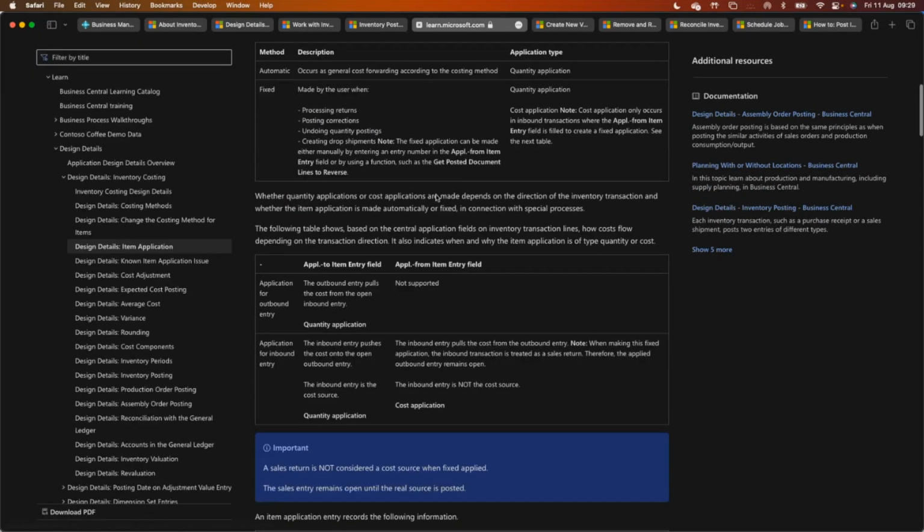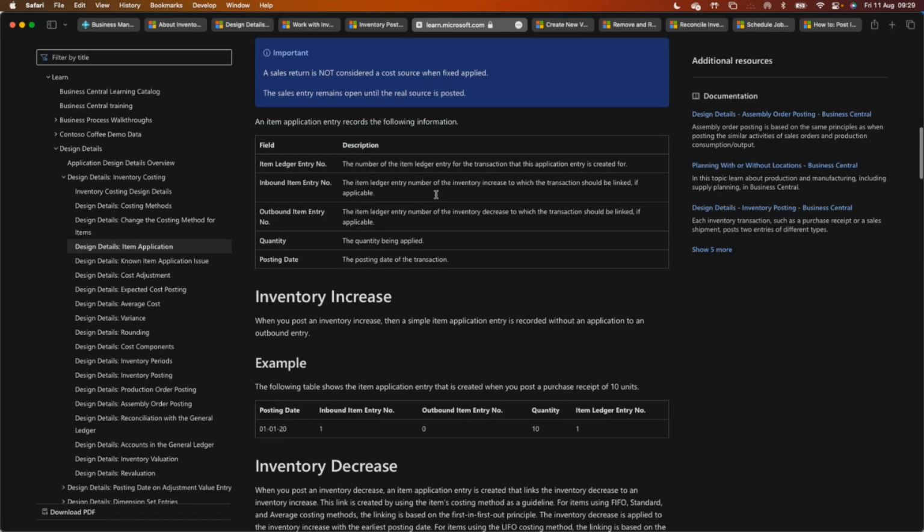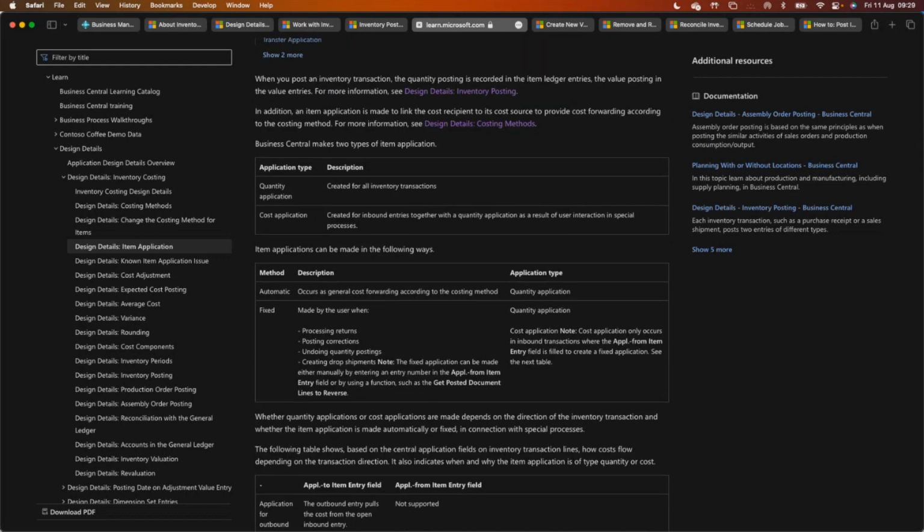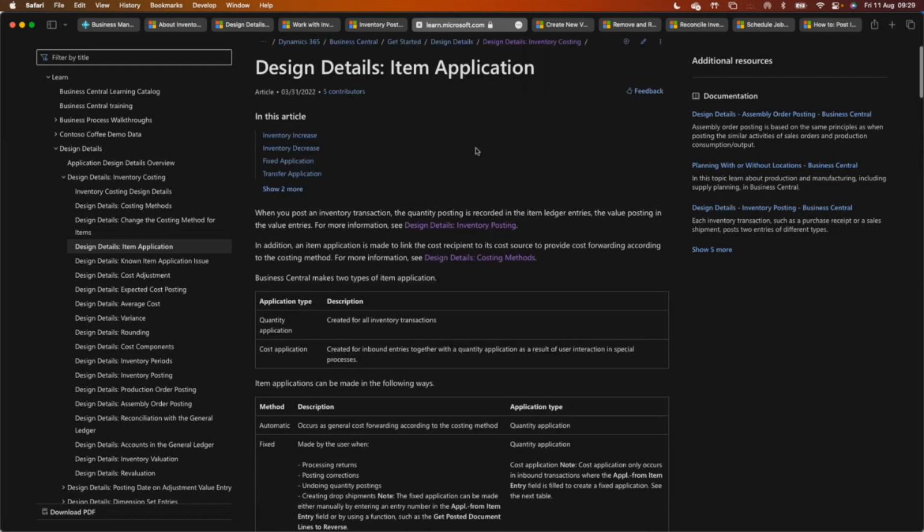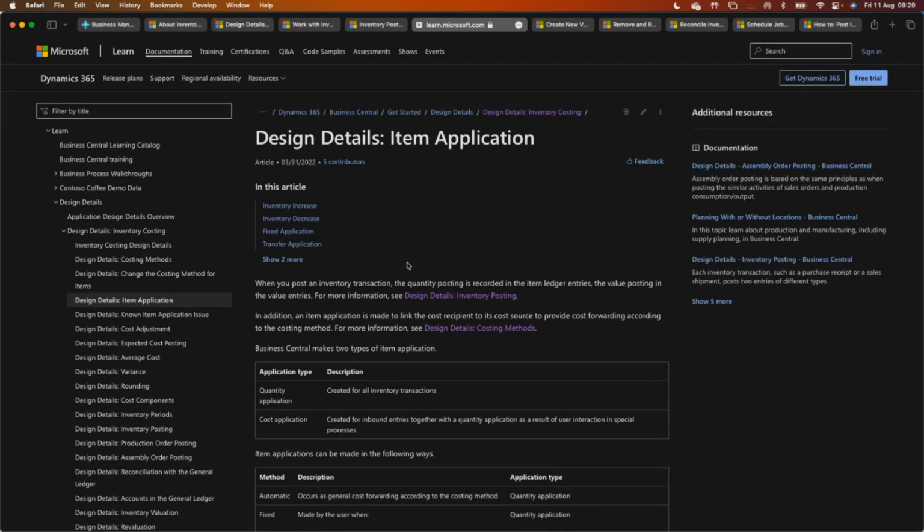Now, what is item application? What's it all about? Well, in simple terms, what this is trying to explain is how does Business Central, and I mean, Business Central isn't unique in this, any system that wants to work with inventory value and inventory costing has to have a system to link, for want of a better word, negative movements of inventory to corresponding positive movements of inventory. In other words,